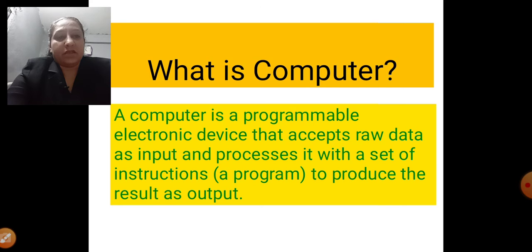Do you know what is the full form of computer, or what is the definition of computer? First of all, what is the definition of computer? A computer is an electronic device. Many times when we ask for the computer definition, students say it is a machine. Even in grade 9, students are not able to define it properly as an electronic device. They say, ma'am, it is a machine. Machine and electronic device, what is the difference between these two terms? Machine is different and electronic gadget is different.